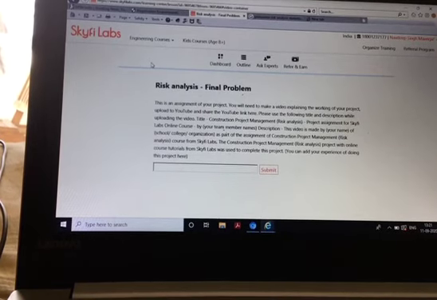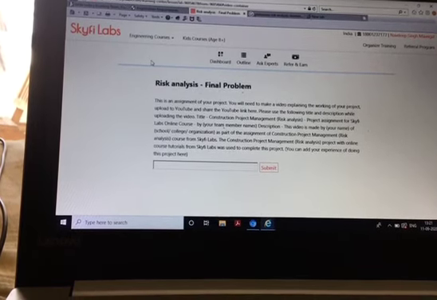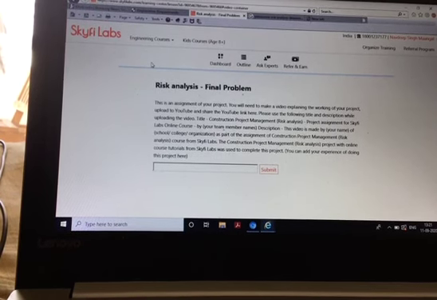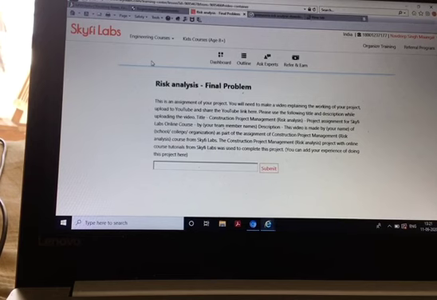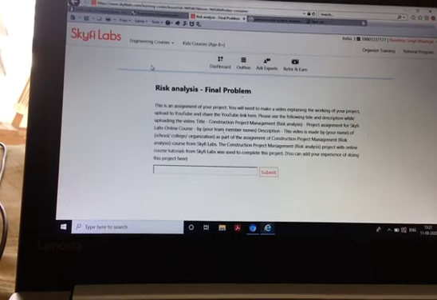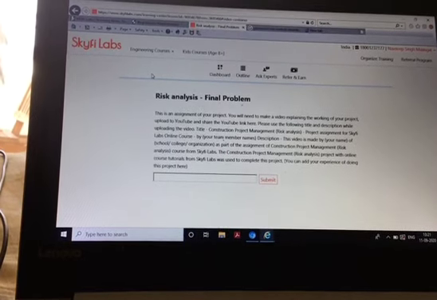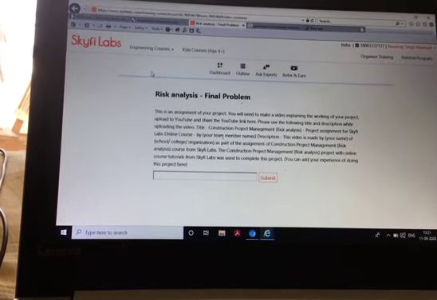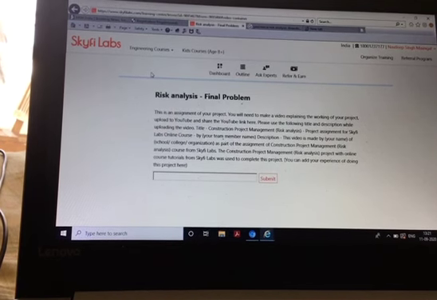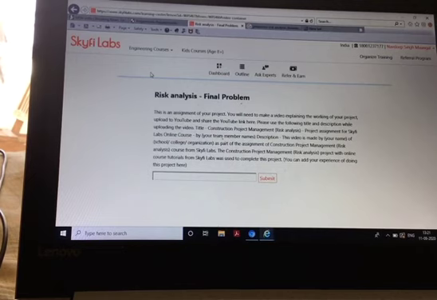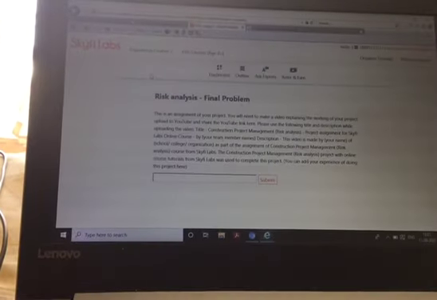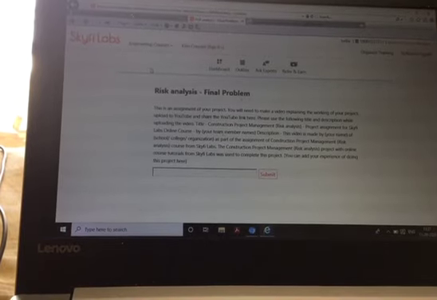Unfortunately, I could not download the software, which was Primavera Risk Analysis software, because the narrator kept saying that you can just click on the link below, but there was no link given below. I tried all the internet browsers, Internet Explorer, Mozilla Firefox, Google Chrome, Safari, everything, but it didn't work. So I'm trying to explain the theoretical part of the course that I have understood.